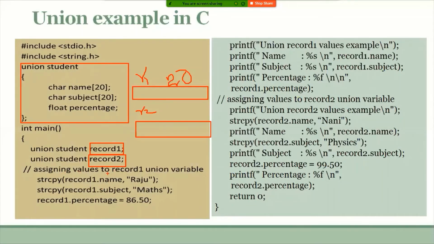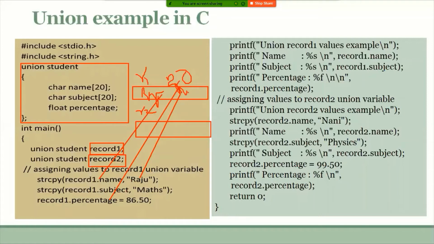Then this first name member is linked with the first union variable record 1. In that case, it will access this particular location, and in this location Raju will be stored first. Then the next one is the same location accessed with the help of record 1's union variable, and in this location marks will be stored.